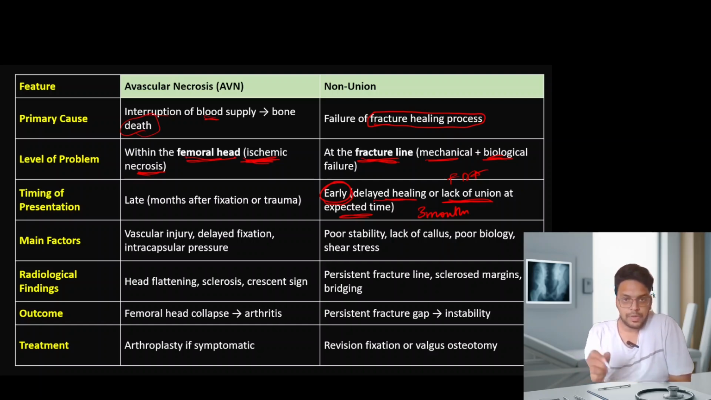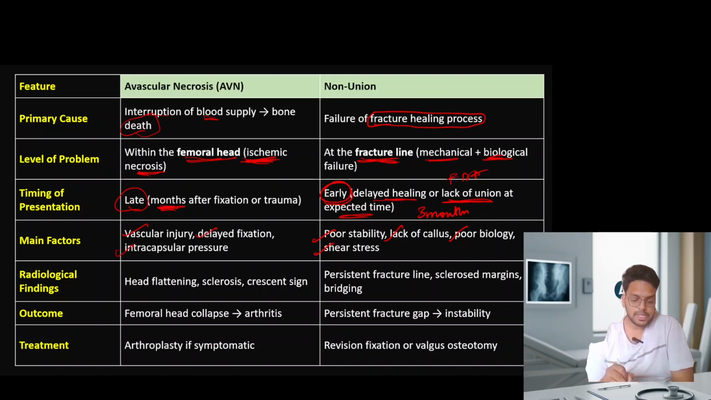Okay. Beyond that, months after the fixation or months getting delayed, the presenting factor is the AVN. Lately, the femoral head will get ischemia. Even after fixation or the trauma, the time of presentation for AVN is late. The main factors for non-union are poor stability, lack of callus, poor biology, and shearing stress, that is the vertical fracture line. The main factors for AVN are vascular injury, delayed fixation, and the intracapsular pressure or the